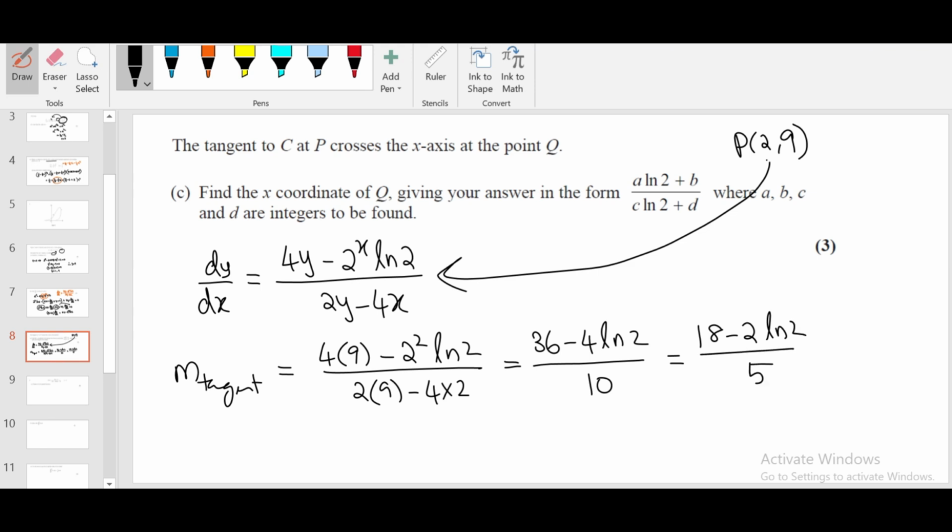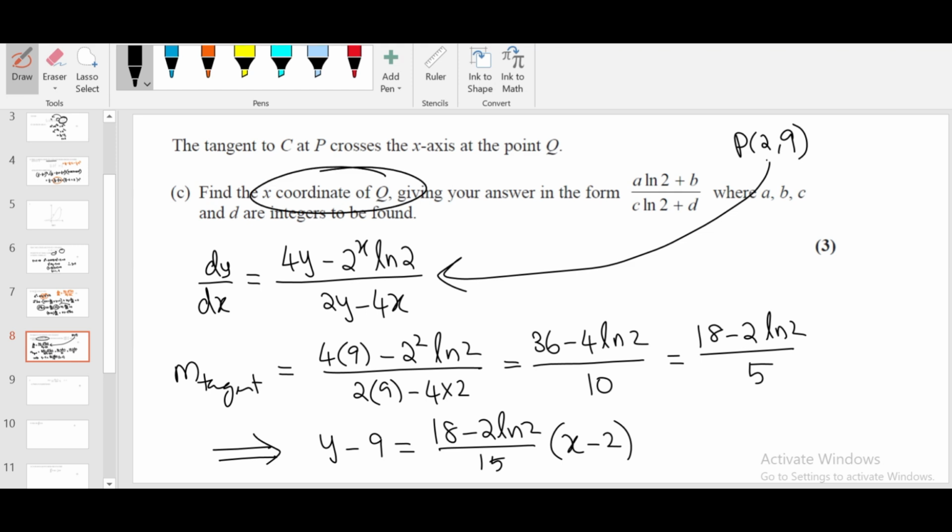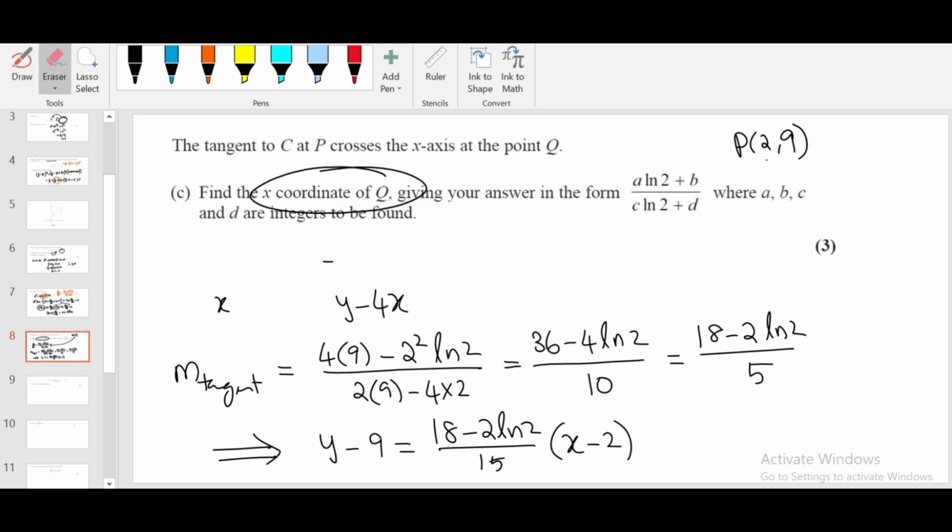That's a slope. So the equation of the tangent is y minus y1 is equal to slope times x minus x1. We don't need the equation of the tangent. We are not finding the equation of the tangent. We are just finding the x-intercept of the equation. So from here you can straight away replace y by 0 and make x as a subject, because they want you to find the x coordinate of the point where the line crosses the x-axis. Basically they want you to find the x-intercept of the line. So what I'm going to do now, I'm going to replace y by 0